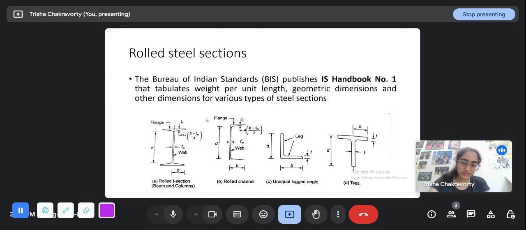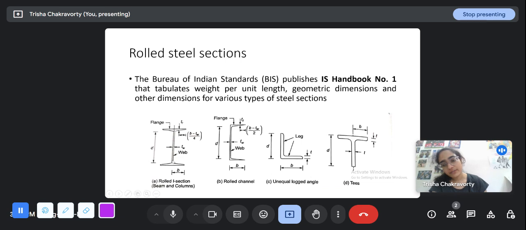Now, in steel, unlike in concrete, we generally use certain cross sections, like to have a beam or a column. We will have a cross section and then we'll have a length, right? So the cross sections are generally fixed. They are called rolled sections, and these dimensions and shapes are all fixed. And there is a lot of variation. Of course, it is not just this is an I section or a joist. There is a large variation in the types of joist, like the dimensions of joist, but they will all look the same.